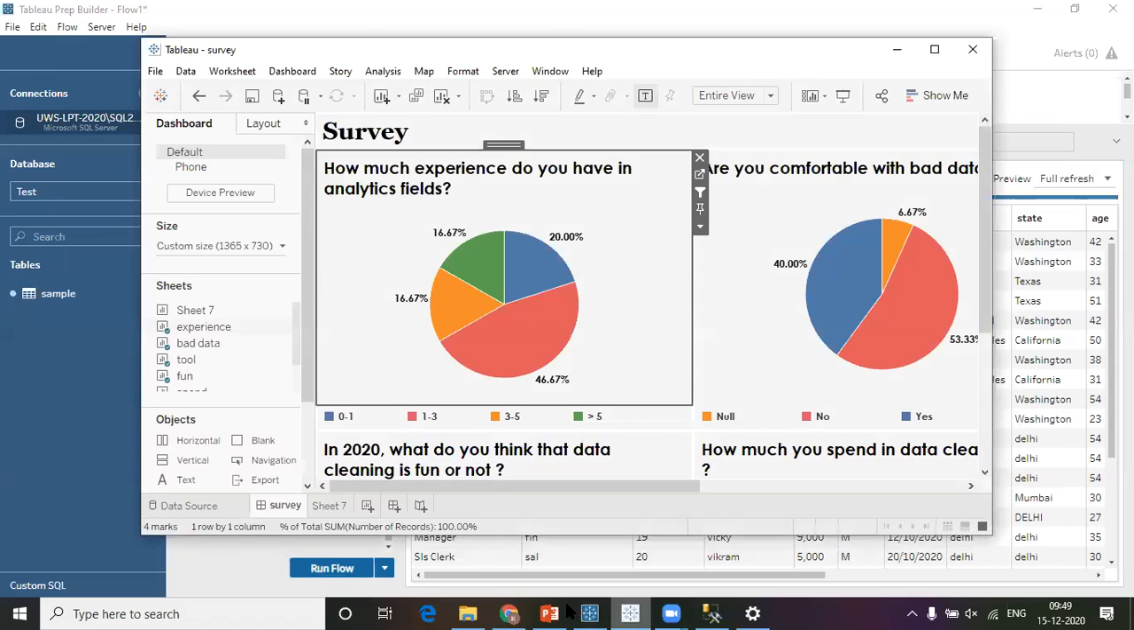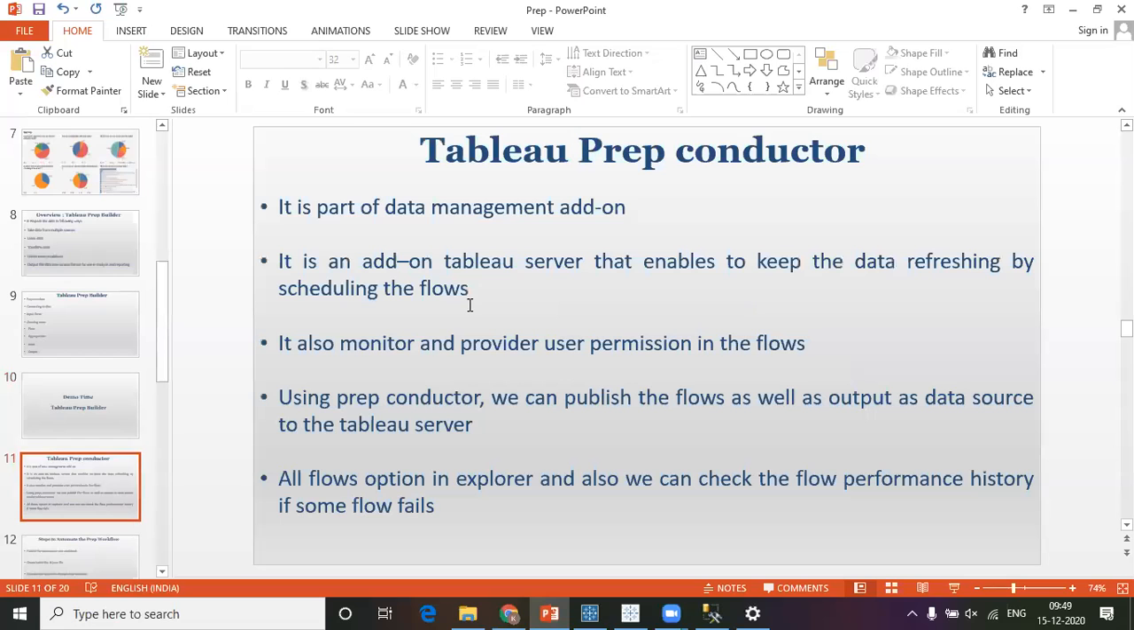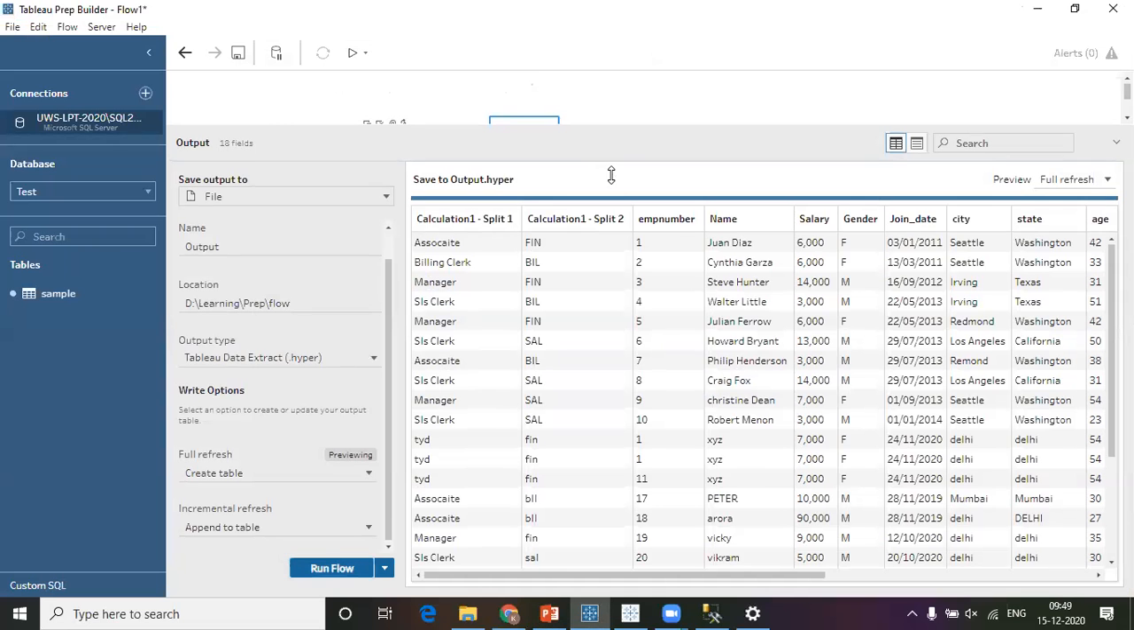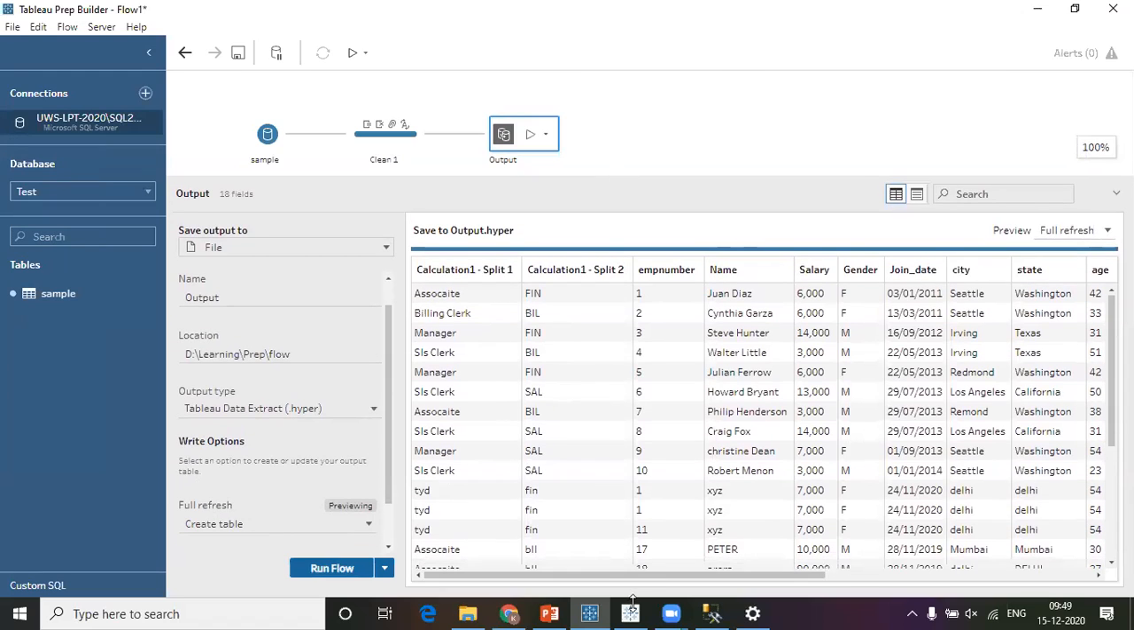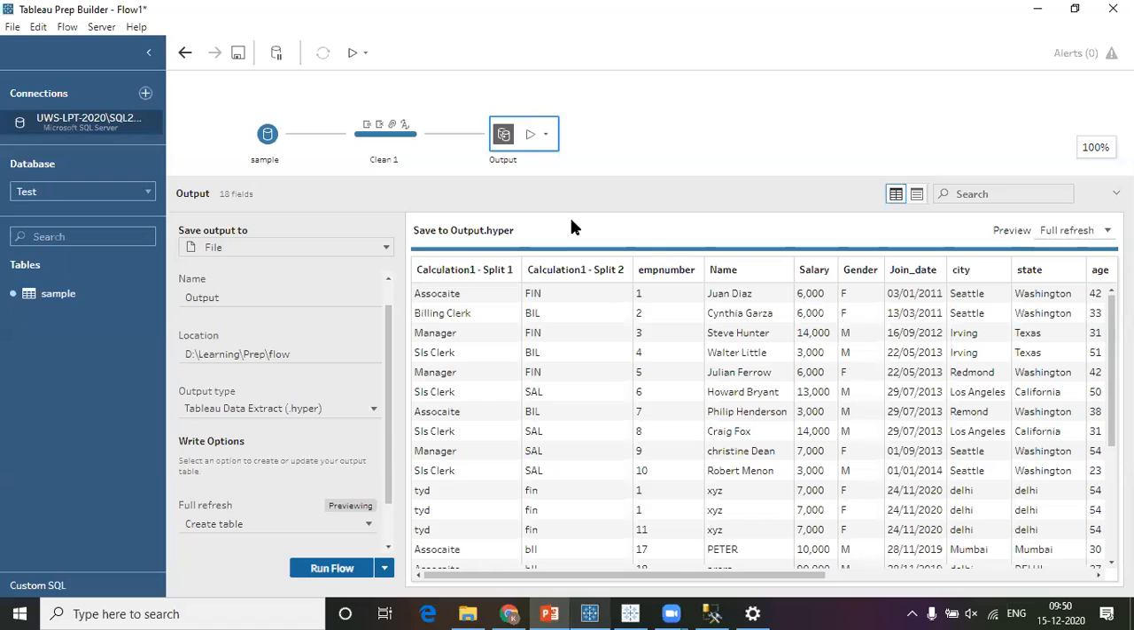So now we'll go to the next step. Before going to automation, I'll just demonstrate what Tableau Prep Conductor is. Then I'll give the demonstration on automation. So what is Tableau Prep Conductor? Basically, why did it come? Because right now you can see we have a workflow, right? But